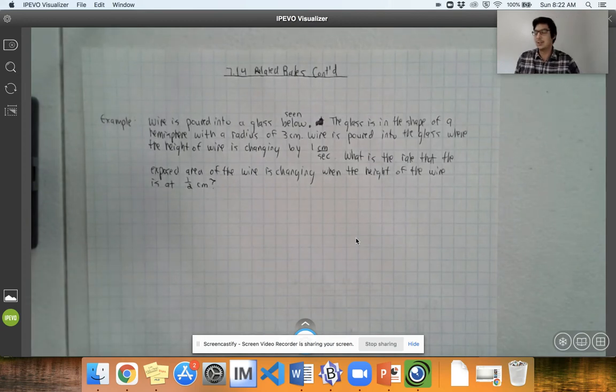We are still on related rates. Don't know if that's a good or bad thing, but I find these problems quite interesting, as they are very applicable to how everything is changing, how they're related. Because one thing changes, a lot of things change. A lot of things are related to each other in life. So